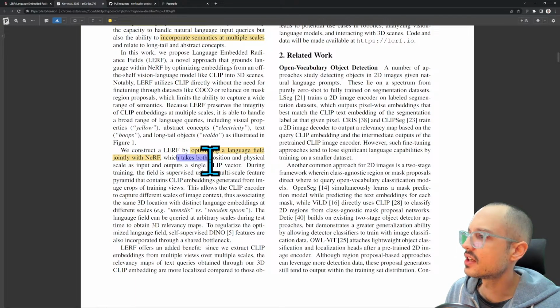Takes both position and physical scale as input and outputs a single clip vector. The field is supervised using a multi-scale feature pyramid that contains clip embeddings generated from image crops of training views. This allows the clip encoder to capture different scales of image context, thus associating the same 3D location with distinct language